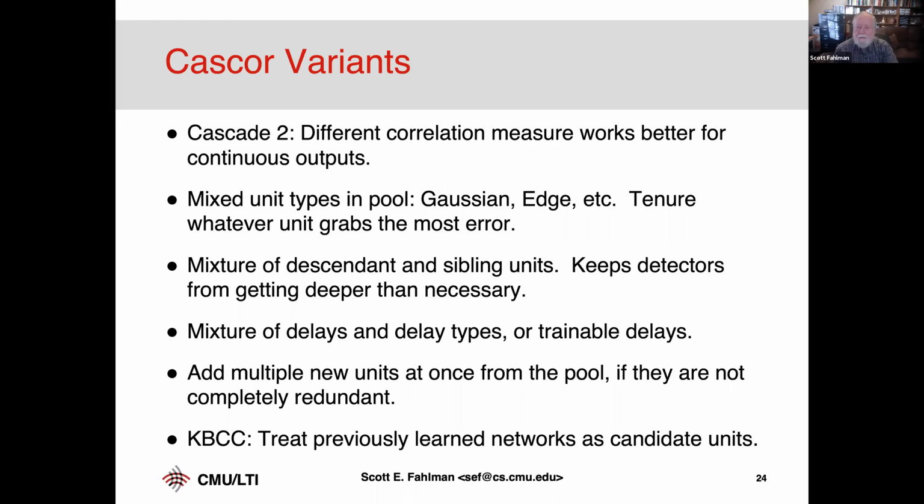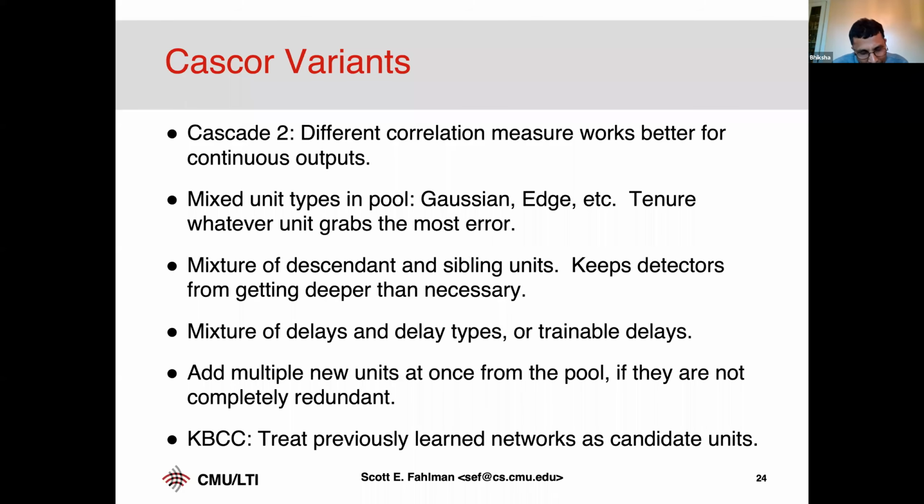So when you're training the candidate units in the pool, what we do is we run the network so far, and you've got all the different inputs. And for each of them, you're seeing the outputs of those feature detectors. We save that, and then we use that whole thing as the inputs and the residual error to train the candidate units. So we're not going through the old network at all. It's fixed. So we just look at the inputs and outputs for the training set. And that's what we use to train the candidate pool.